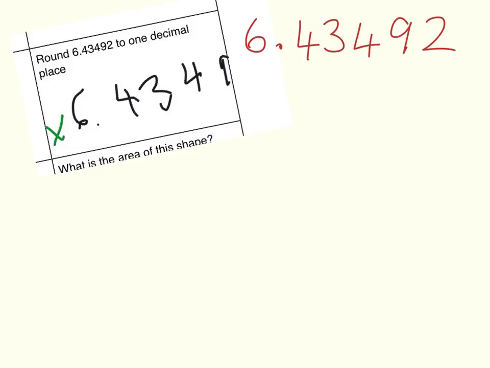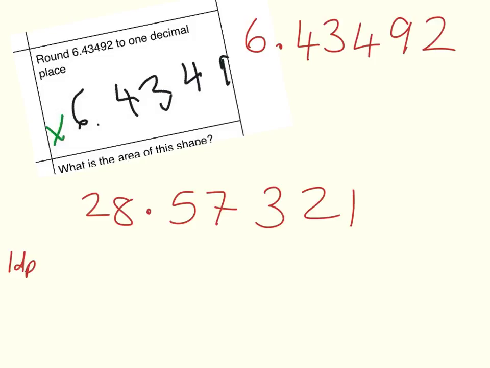I'm going to do this number, 28.57321. Now if I wanted to do that to one decimal place, 1 dp for short, then what I would do is show where the cut would be to change that to one decimal place, because remember you've got one decimal place, two decimal places, 3, 4 and 5. So looking at where that cut is,